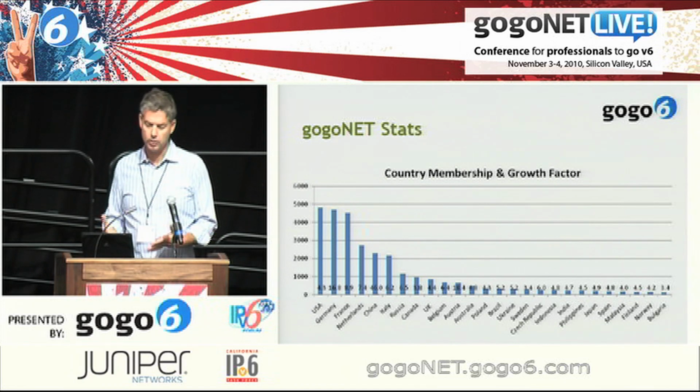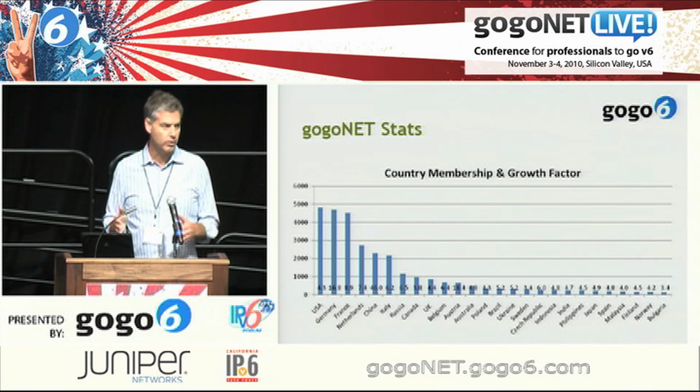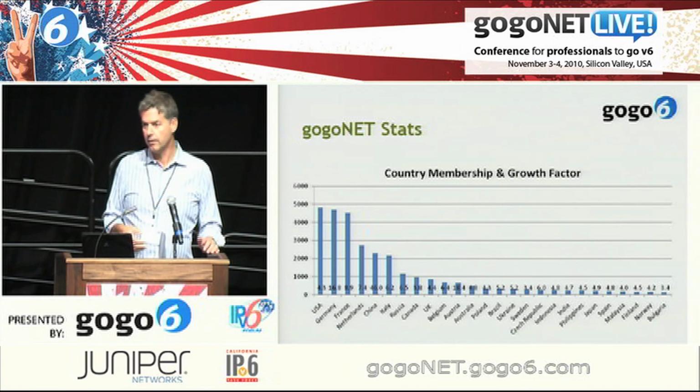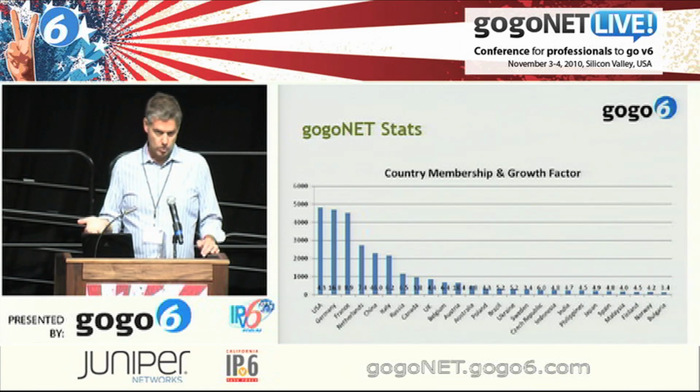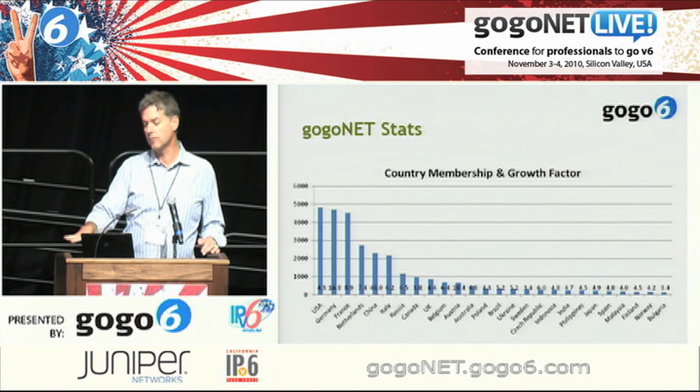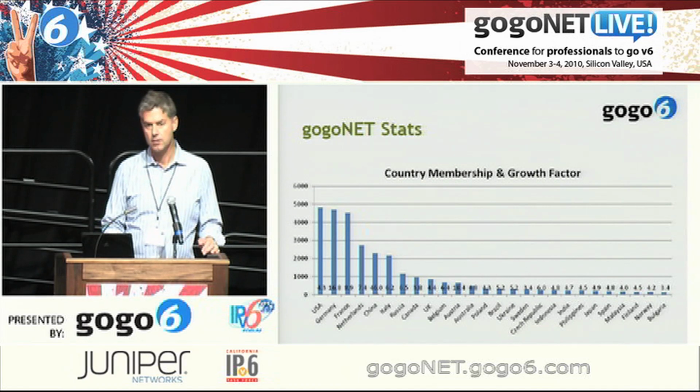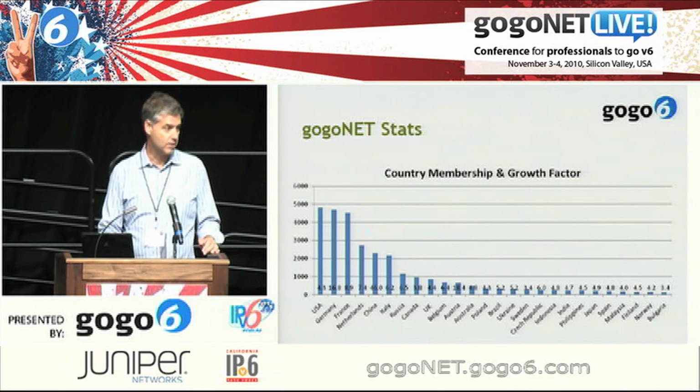I don't think in this particular case you can really use this to infer anything about the IPv6 market in general. Maybe you can make some inference, because it really depends on whether they know about the social network in their particular country. But if the sample size gets to, let's say, 10 times this size, then you can start using this as a measure of IPv6 activity within a country. But I don't think you can look at that right now.